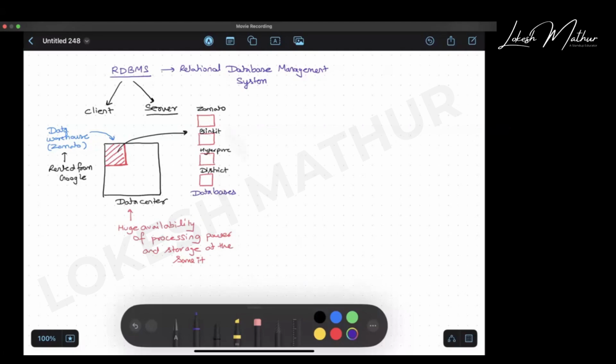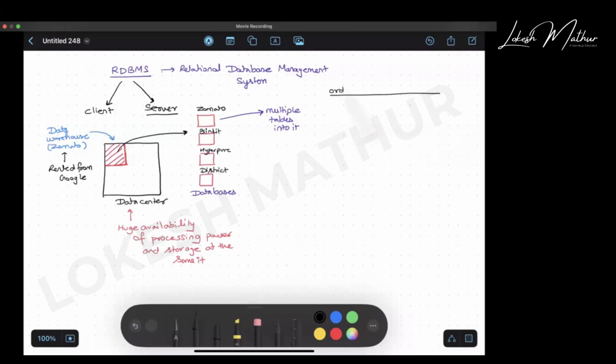Each database will have multiple tables in it. So let's say I have one table as the orders table.